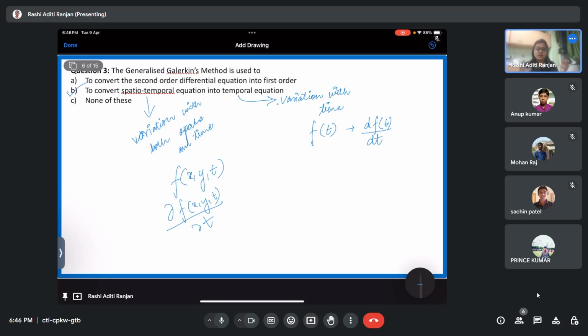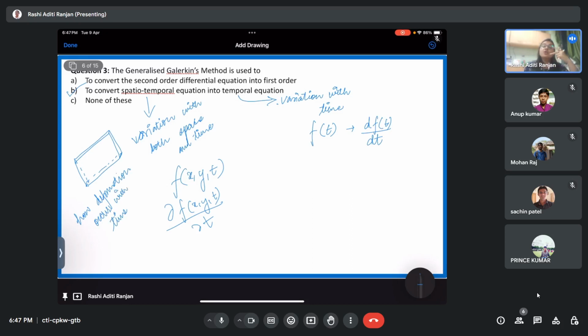If I have a small plate, this kind of a plate, then what is going to happen? I'm going to see how deformation occurs with time